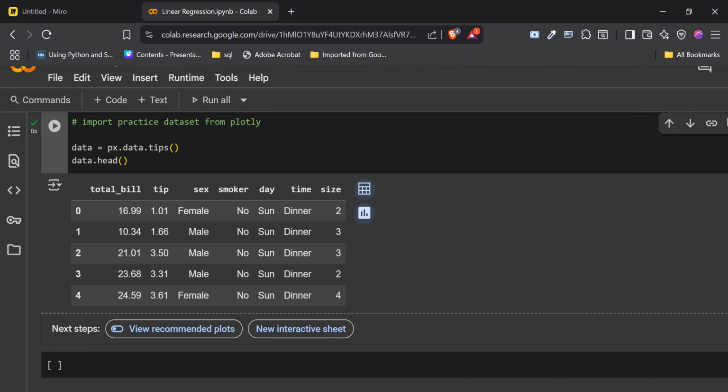Good. You can think of this data set like a restaurant data set. They are saying, okay, we have you as a machine learning engineer or data scientist, and we want a system where we can predict how much somebody is going to tip based on what they spent, their total bill, their gender, whether they smoke or not, the day they came in, the time they came in, whether they came in for lunch, dinner, or breakfast, and the size of the table they ordered.